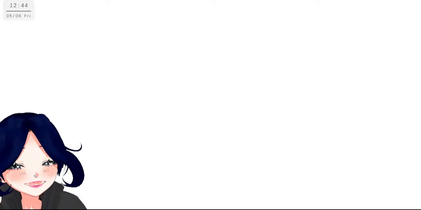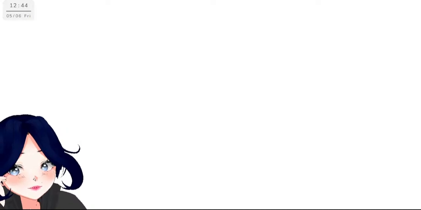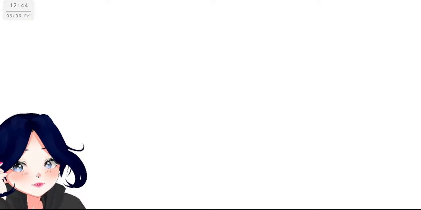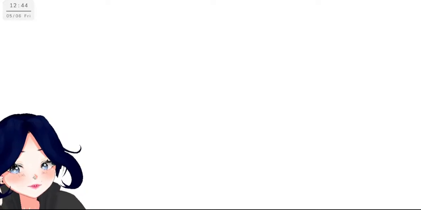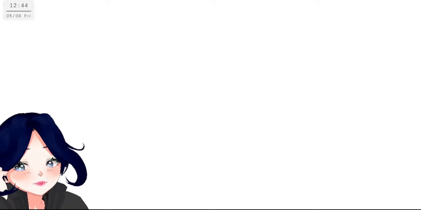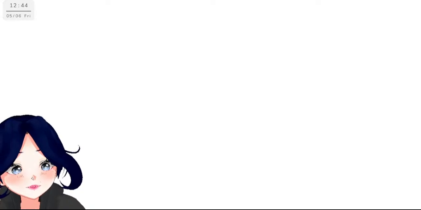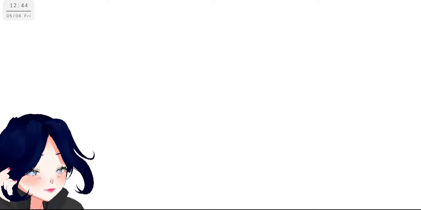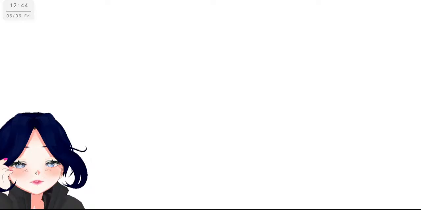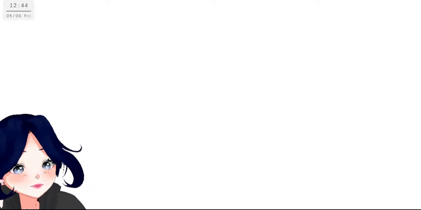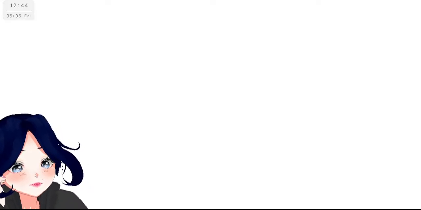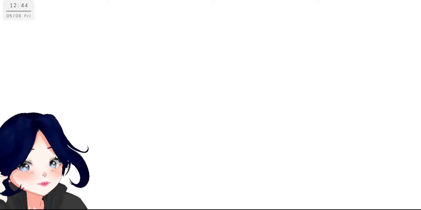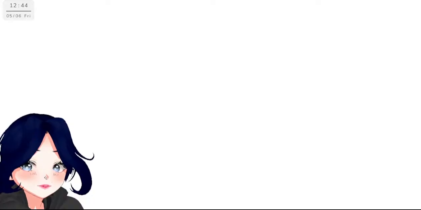I think it will be good to save it like this, because if I start exporting too many layers, I will get confused later. Yeah, especially because I didn't save the name.